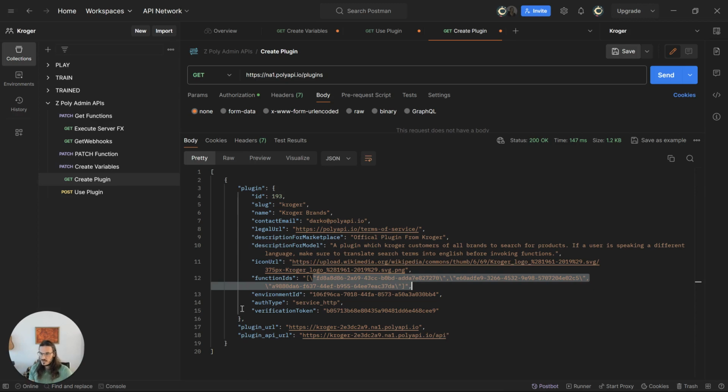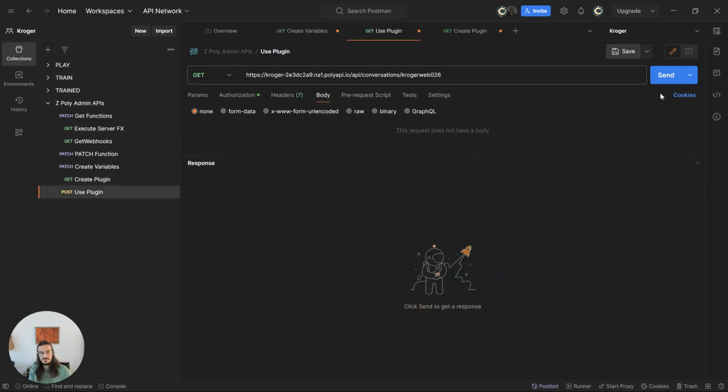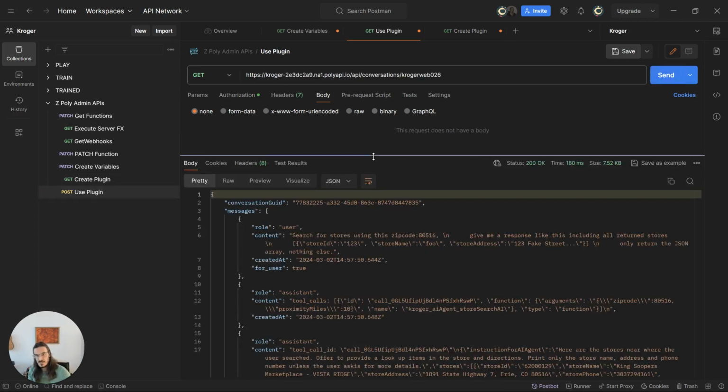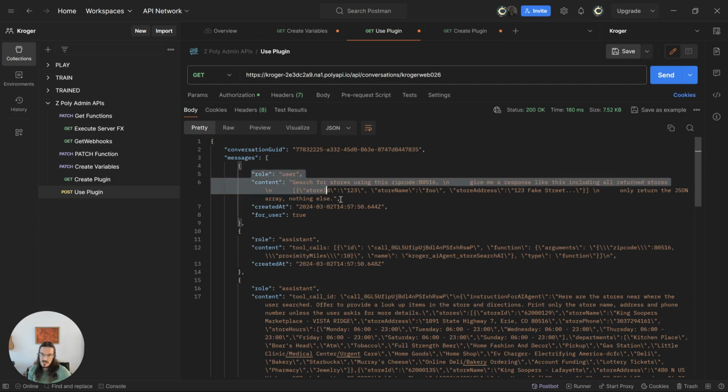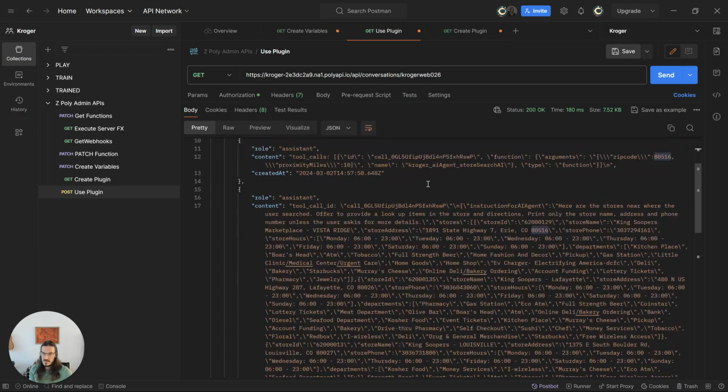And the conversation history looks like this, where you can see that we maintain each message that's happened in the conversation history with a unique internal system ID. And here you can see that this is what my client prompted it. It's in stringified JSON. Then you can see that the AI assistant used the store search function with the following arguments.